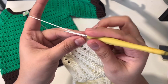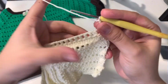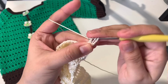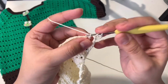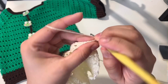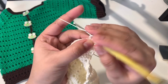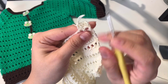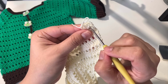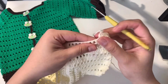Okay, so for next row, chain 3, 1 2 3, turn your work, and right here instead of making 1 long double crochet you're gonna make 2 because we chained 2, 1 and 2, and in the next one make 1 in the chain 1 space, you just make 1. Okay, we are making 2 in this space because we chain 2 in the back row, so that's why we are making 2. In this row you're gonna work all the way, repeating this row right here all the way,